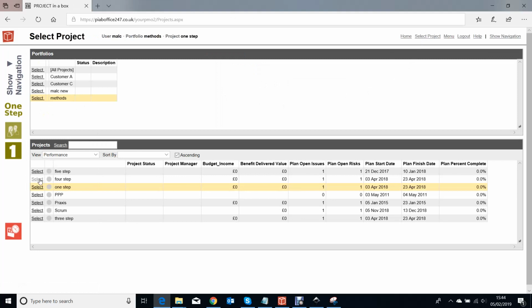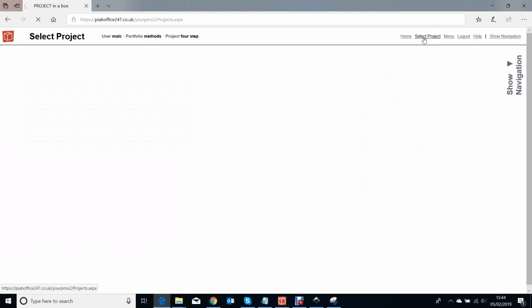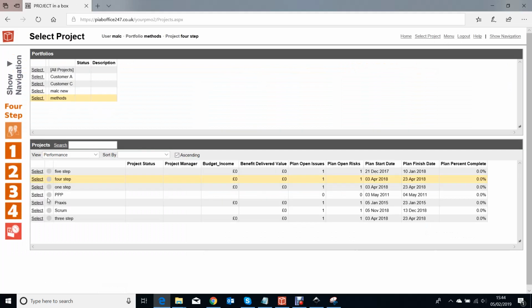A four-step method goes up from a three-step in that it has multiple delivery stages. So when your project becomes more complex, you can break down the delivery activity into blocks, and these are stages, and the system manages that for you in terms of documentation structure. When we come and look at the next one up, which is a five-step method,